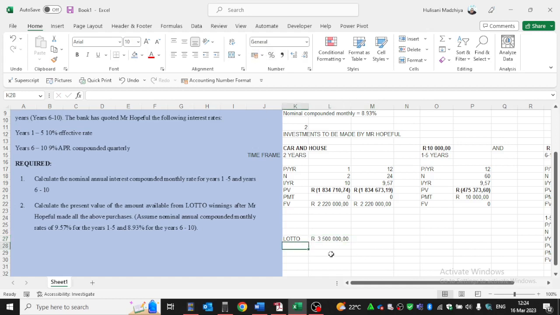So we know that his first purchase is in 2 years, car and house. So for car and house, he actually needs to invest 1,834,000 today. So he needs to invest the following amount for the car and house today from his lotto winnings. And again, for him to be able to withdraw 10,000 from year 1 to year 5, he needs